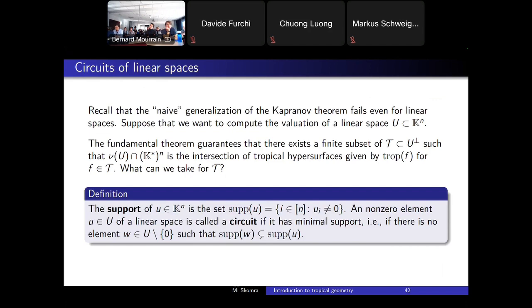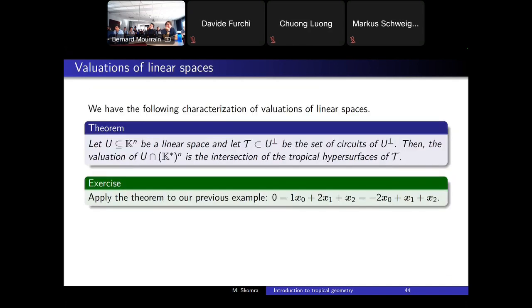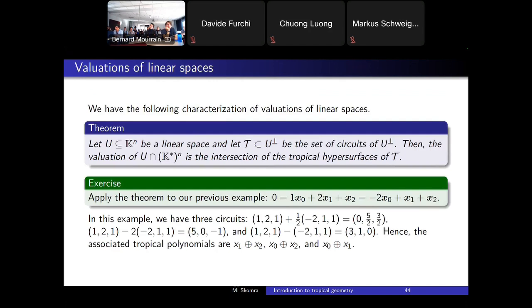Circuits are some sort of special vectors. A circuit is a vector of a linear space with minimal support. So it is a vector that has, let's say, a maximal number of zeros as coefficients. Okay, so let me just skip this and tell you that in our example from before,